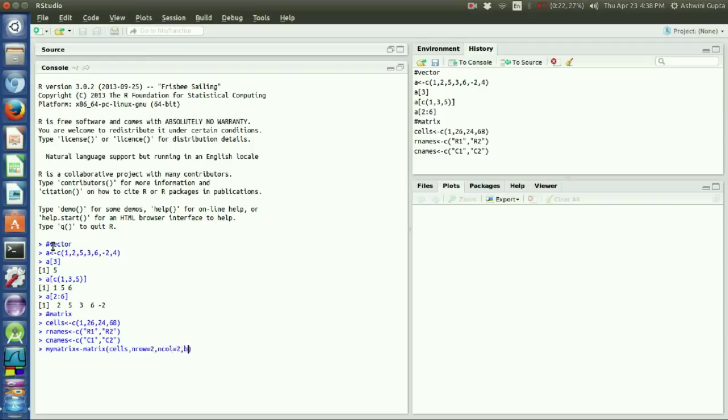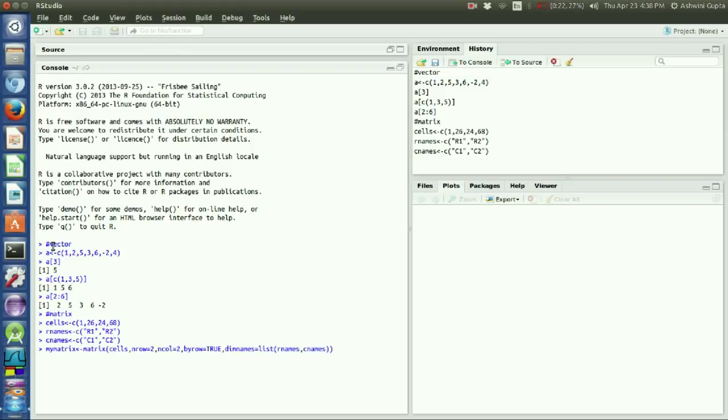And then we are defining how it should access the cell vector, that is by row or by column. We are going to use by row equal to TRUE. Then we are going to assign the row names and column names here